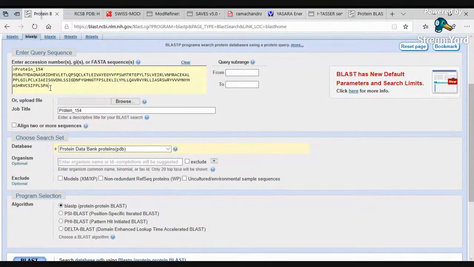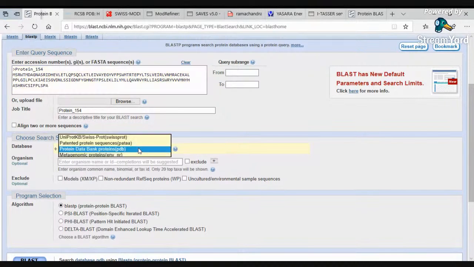You have to paste this protein sequence here, or you can also enter an accession number of the protein, if it is stored in NCBI. If it is not available in NCBI, then you can also just paste the sequence in FASTA format,